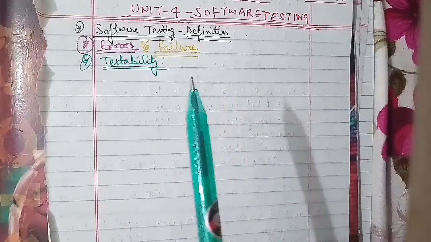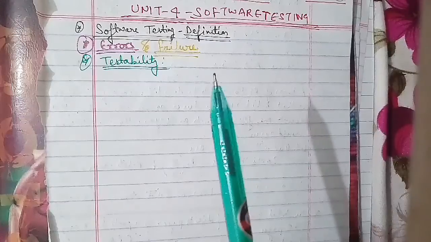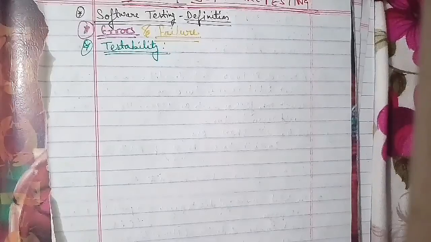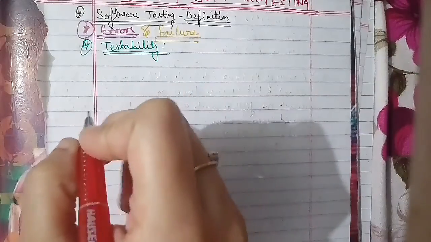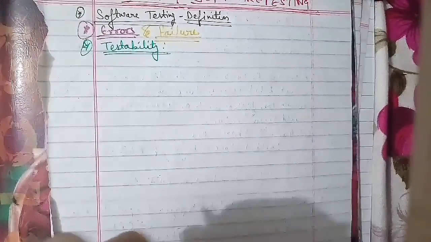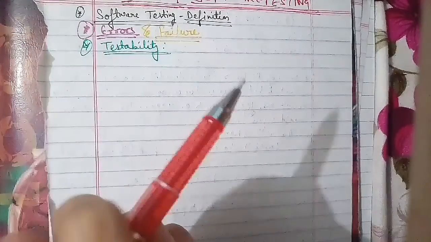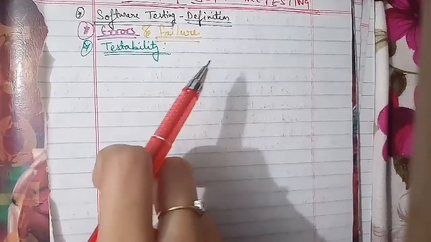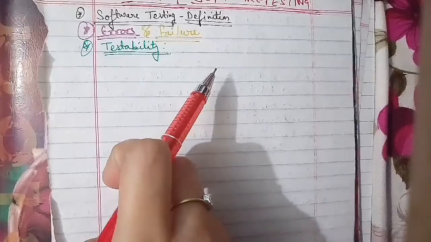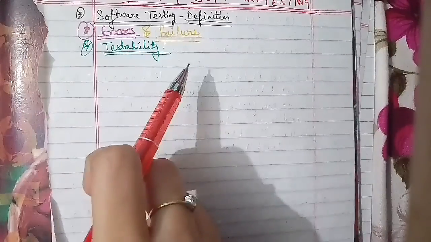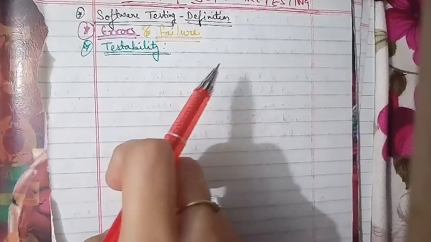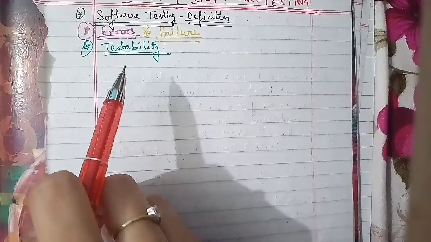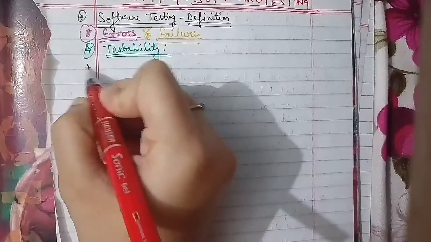On the same basis, we'll go ahead to discuss the testing strategies. The question that has been asked is: why are the 3 different levels of testing, unit testing, integration testing and system testing, necessary? Discuss the main purpose of each of these testings. This has been asked for 10 marks. So we'll discuss the various levels of testing here.